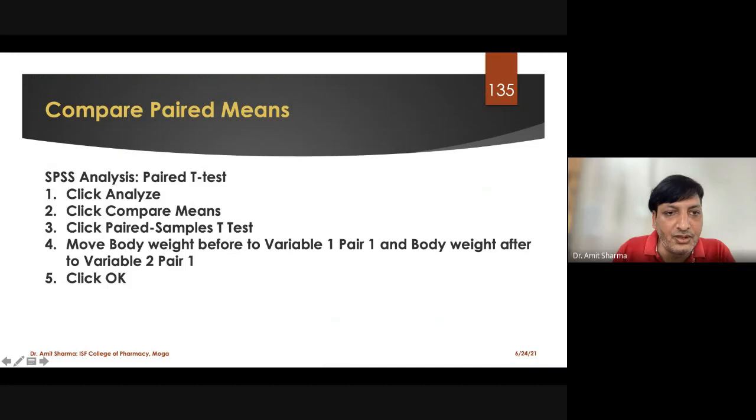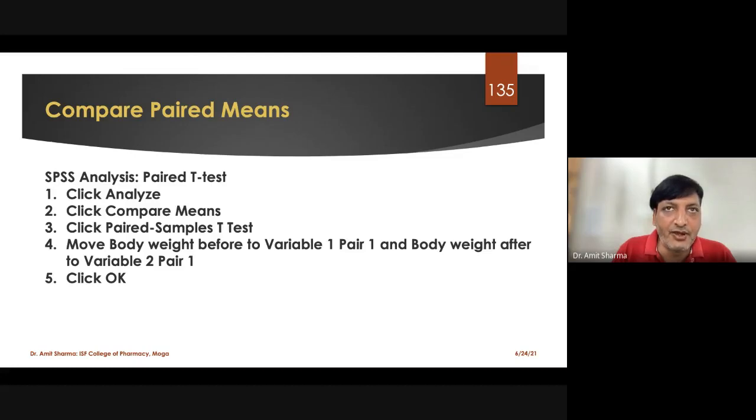So in SPSS analysis, when we are applying the paired sample t-test, the route is the same, that we have to go to analyze, we have to go to compare means. So instead of other tests, we will click on the paired sample t-test. It is not necessary that if you have 5 or 6 different samples to evaluate, you have to run the test 5 or 6 different times. You can increase the number of pairs.